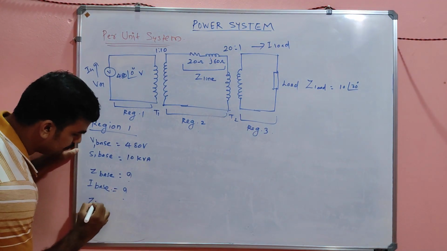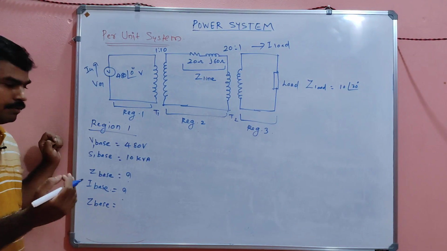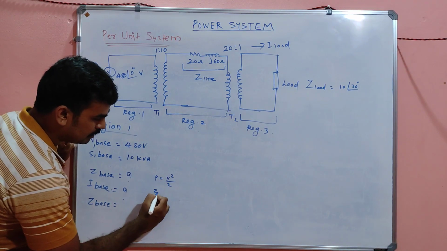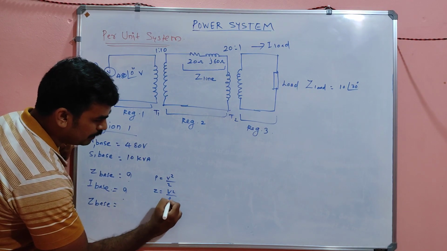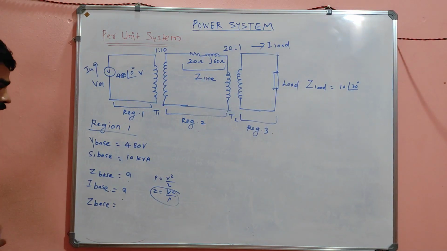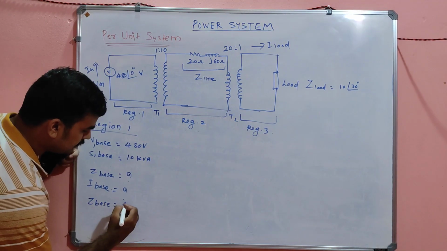So Z base is nothing but, using the basic equation, power P is equal to V square by Z, or Z is nothing but V square by P. The basic equation you can apply here also: V square by power. So Z base is nothing but